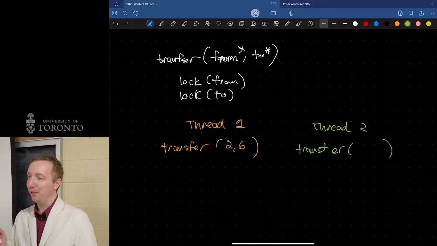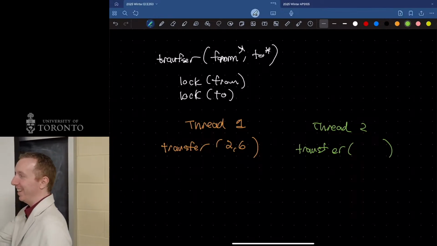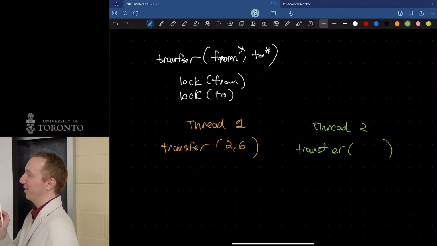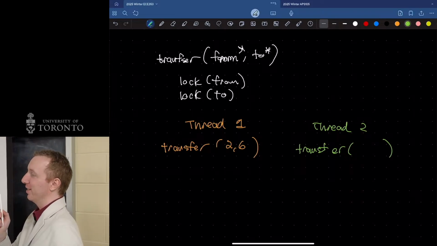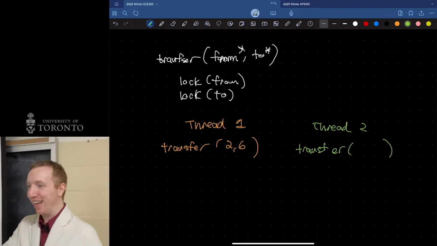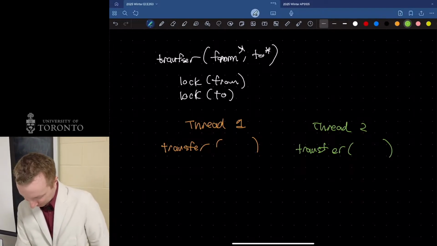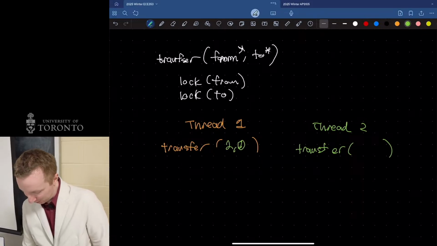I think you said the answer right at the beginning. You were so close. It's a valid transfer between just two of the same accounts. So what about if I was transferring from account 2 to 2?